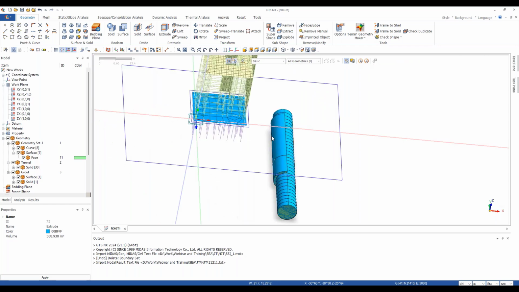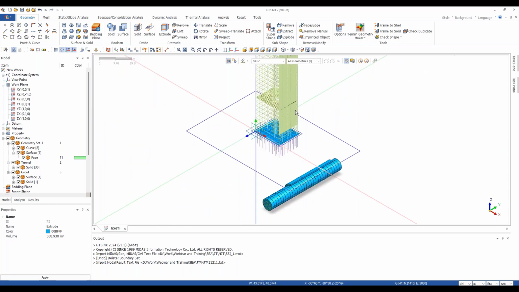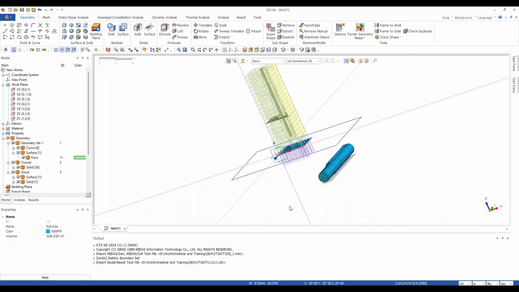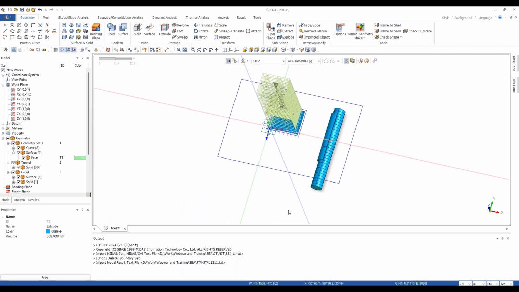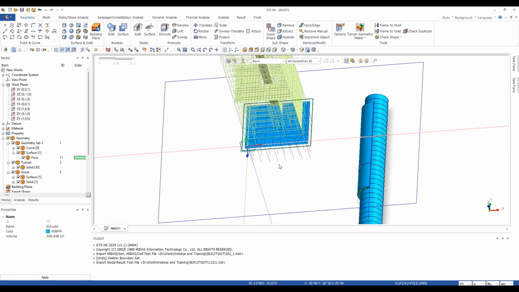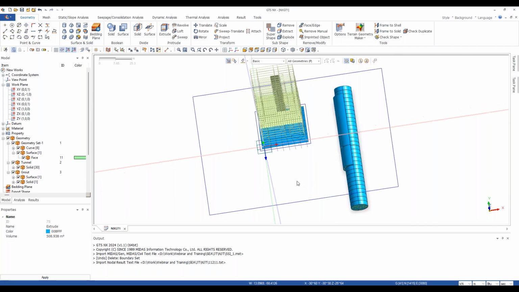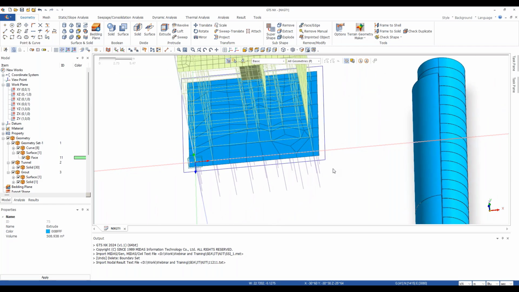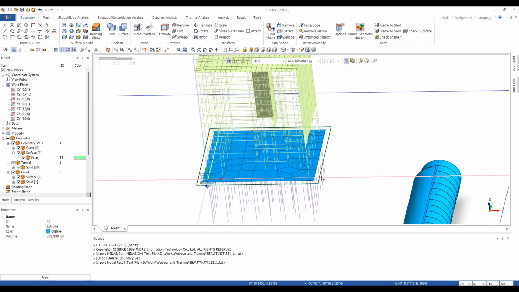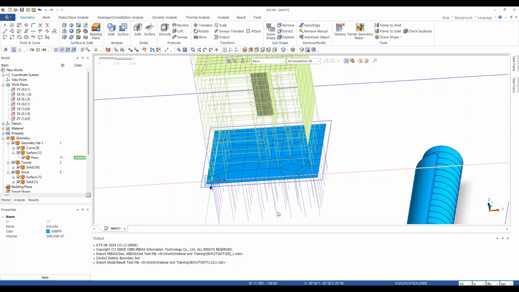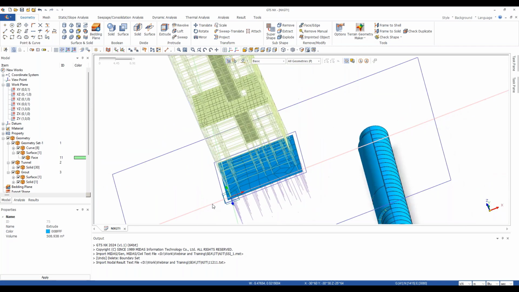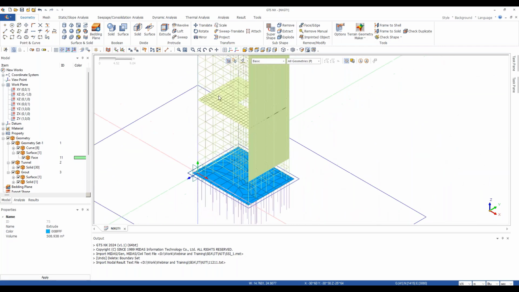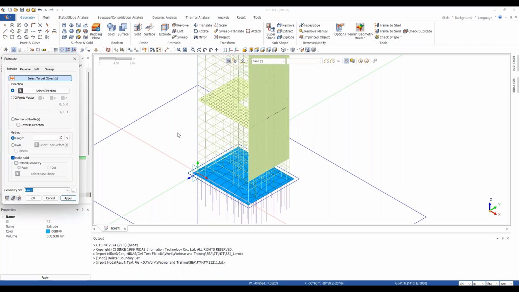Now the next part is to create the soil volume. Okay, now let me select a single soil volume, or three. We can also have a 3-layer soil volume. And before that, since I said we will be replacing a part of the soil around the raft by a cushion, let me have a cushion soil volume created. And let me select, we will follow the same method. We'll choose the extrude, select the